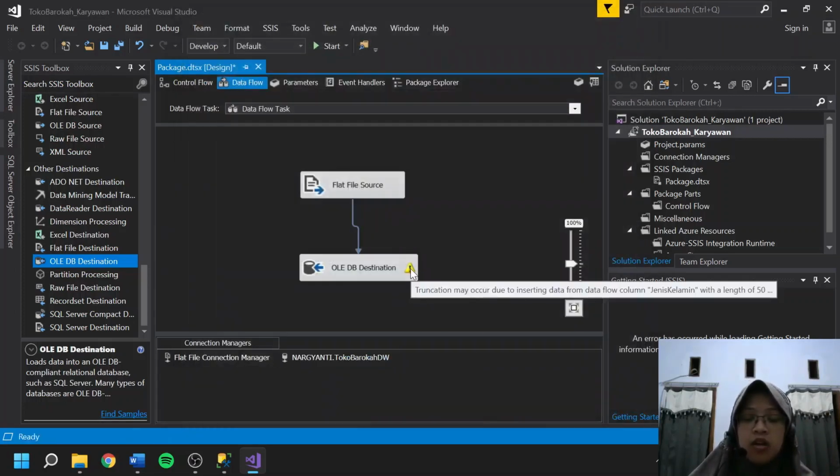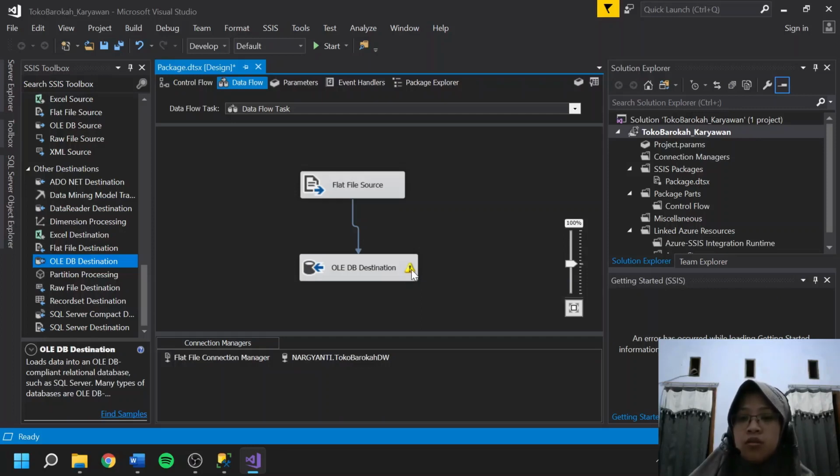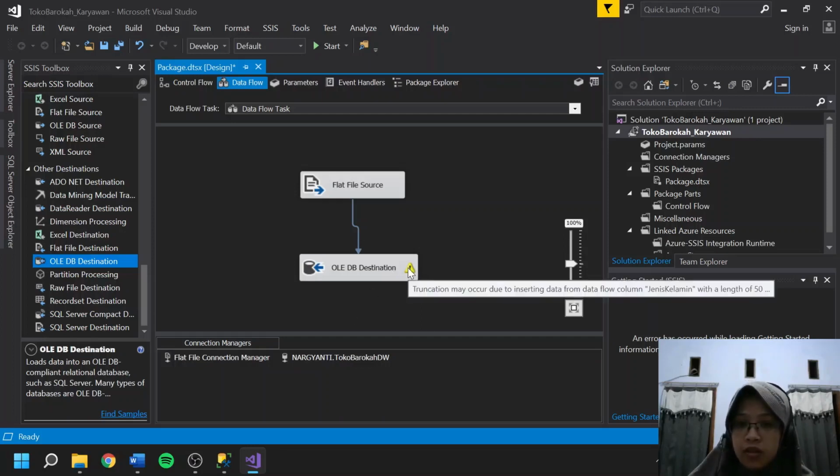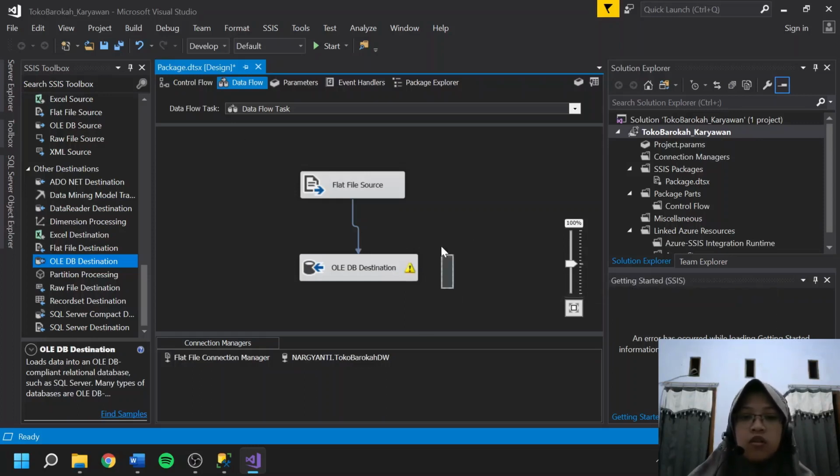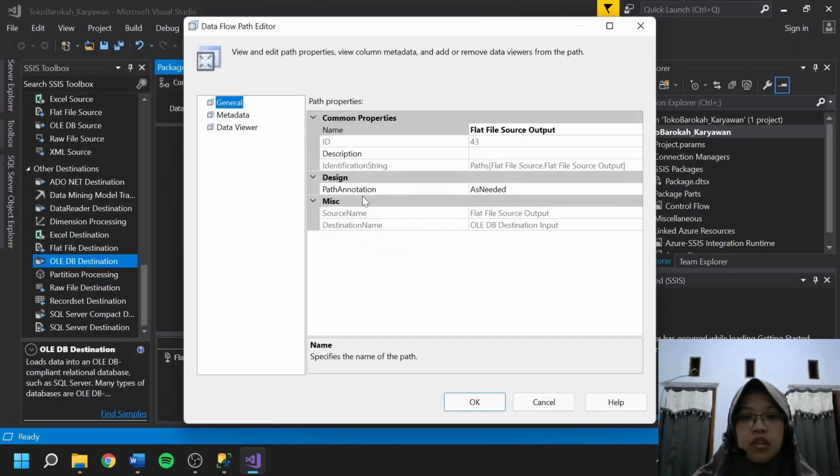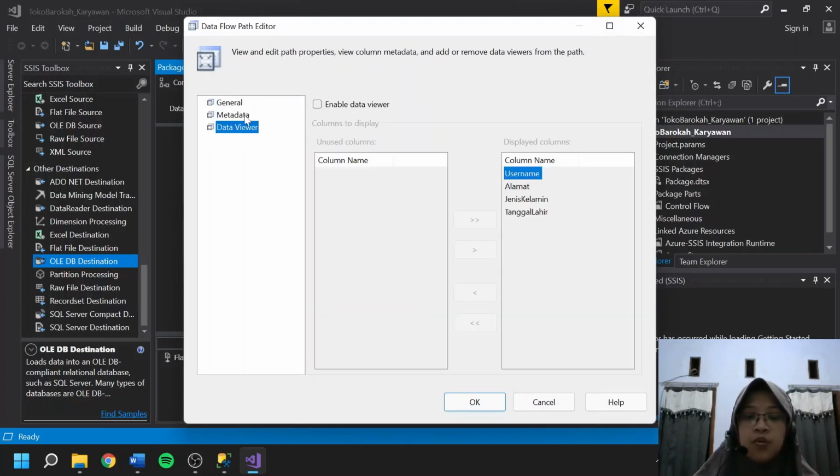There is a warning like truncation may occur when inserting data from the data flow column. What? Wait. Jenis kelamin with a length of 54. Okay, and then check this arrow like this. There are general, metadata, and data viewer. Wait, I will check. Okay, and then click OK.